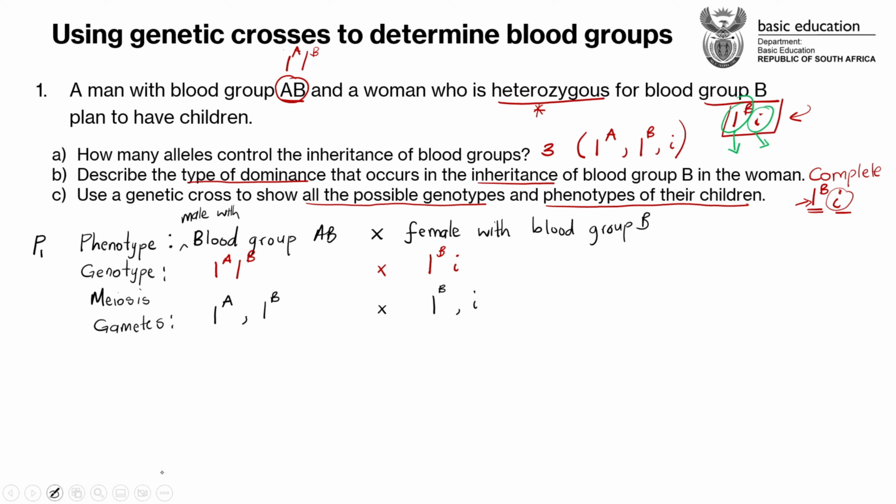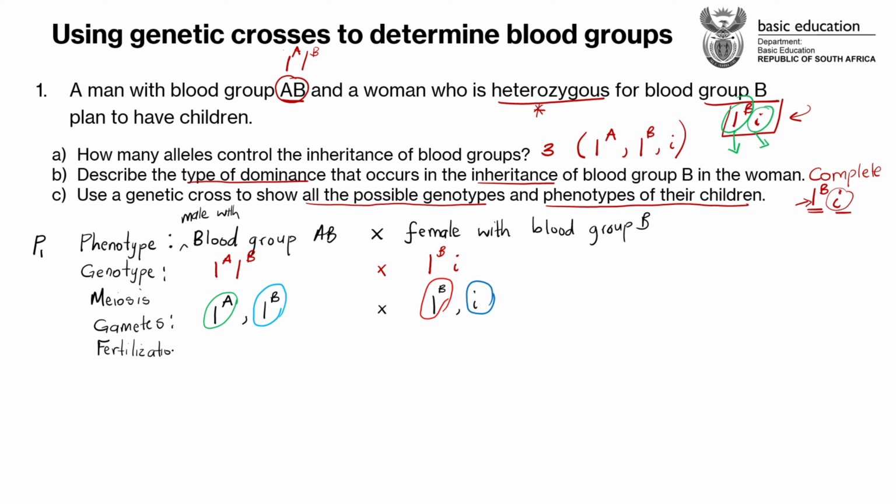Basically, the gametes are the sex cells. So this must be a sperm cell from the male. This must be another possible sperm cell from the male. And then on the side of the female, this must be a possible ovum for the female, and this must be another possible ovum for the female. So if we've got gametes, they will fertilize. So the next thing that will happen is